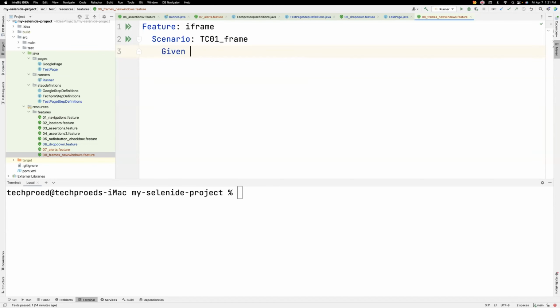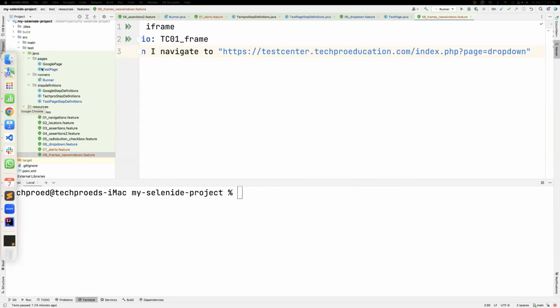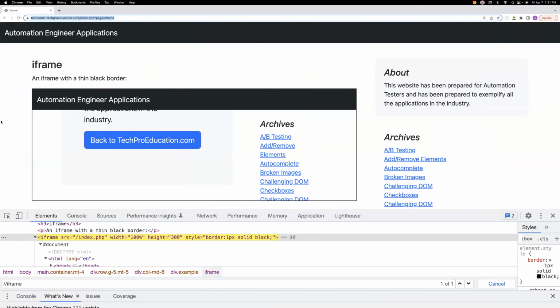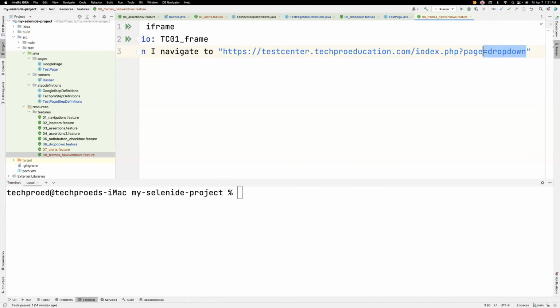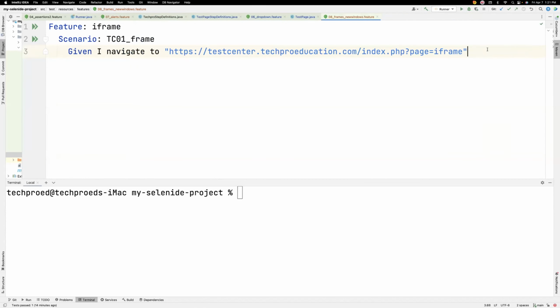Given I navigate to, let's go to that link, our iframe link. Okay, given I navigated here, and I verify the header contains,